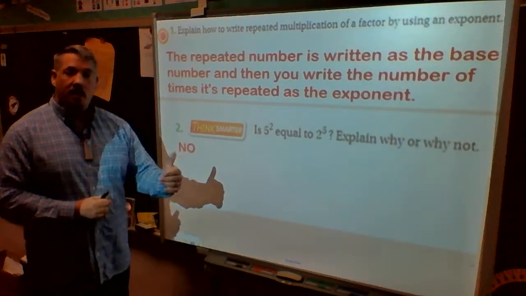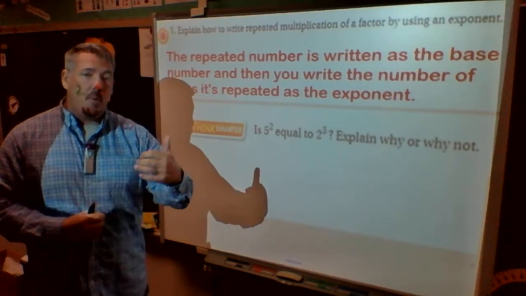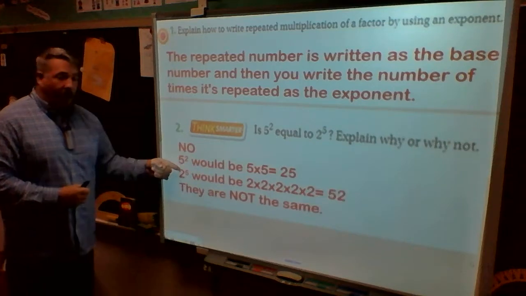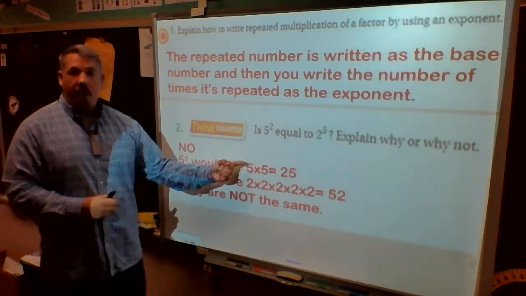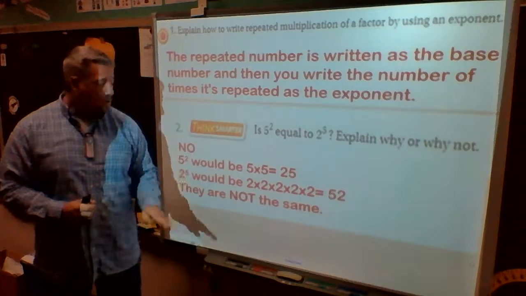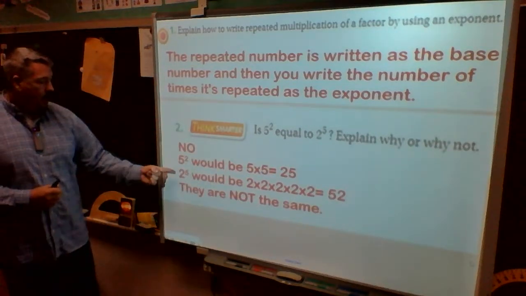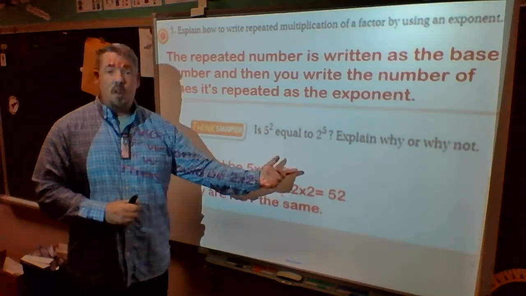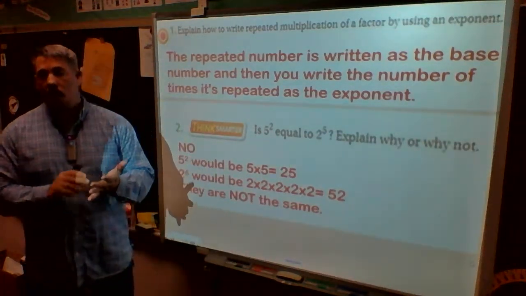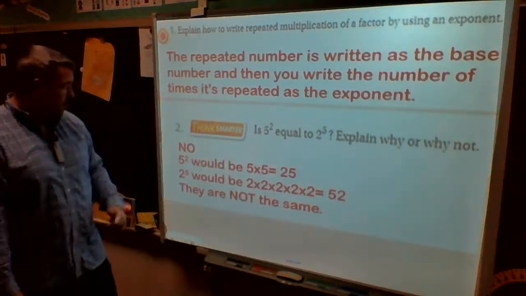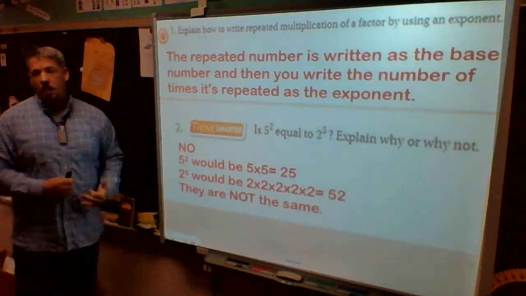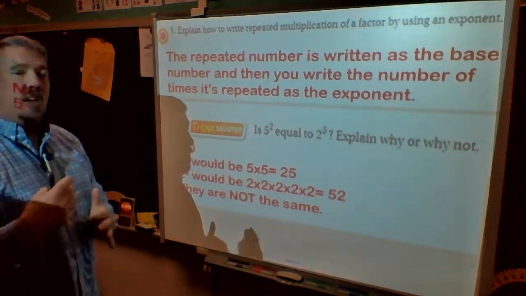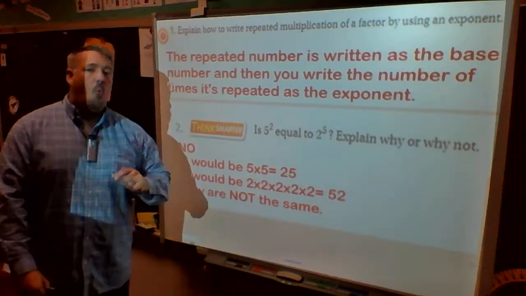Because when I write them out, and this is where some of your math steps can be included in your written explanation where I use words, 5 squared would be 5 times 5 equals 25. So I can use numbers there. And 2 to the 5th power would be 2 times 2 times 2 times 2 times 2. And when I use my handy dandy calculator and I hit equals, that gives me 32. They are not the same. So use words, show some of your math, but make sure you are explaining to the reader